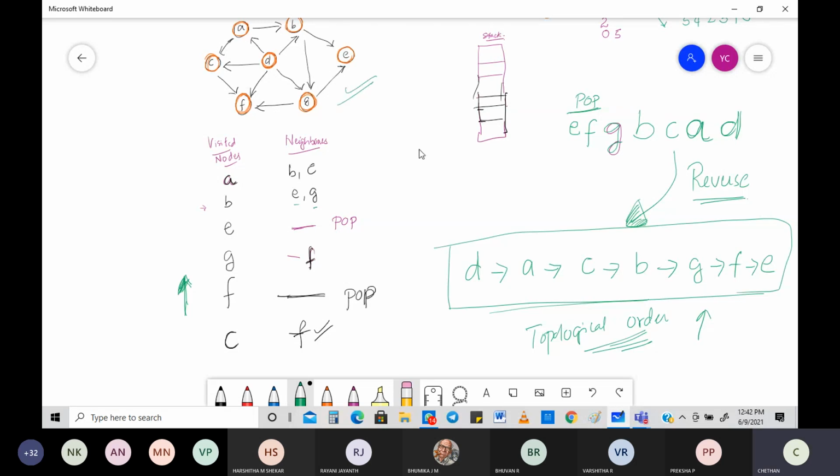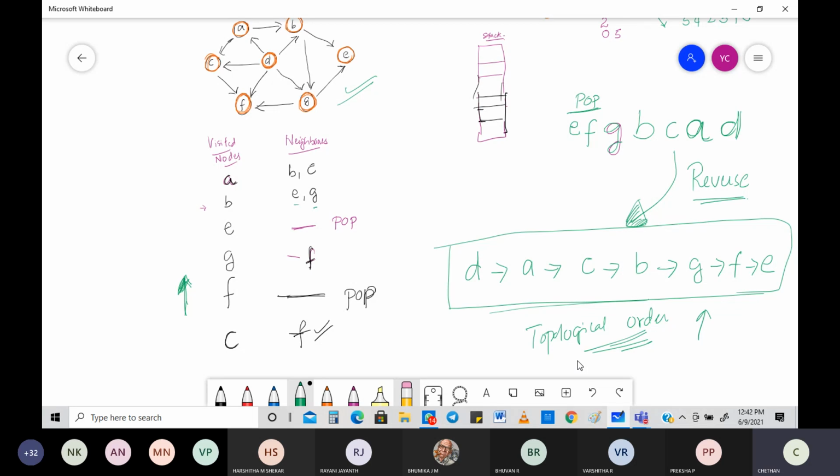Very, very important example because it's a textbook example. When I say very important, you know where it is going to come. Keep that in mind, because the first two examples were very easy; we took only 2, 3, 4 nodes. This time we took 7. Wherever there are more nodes, that is what is going to come for your exam.